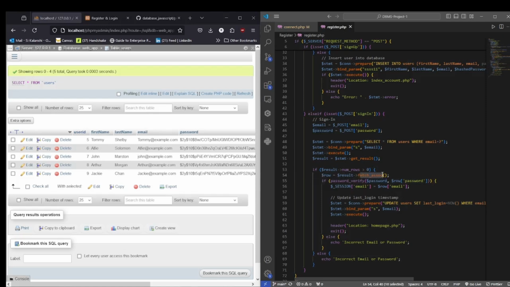So we're using the fetch sock association, which is associated with. So if the one that the user is putting to sign in with, and the one that is in the table, if it's equal,